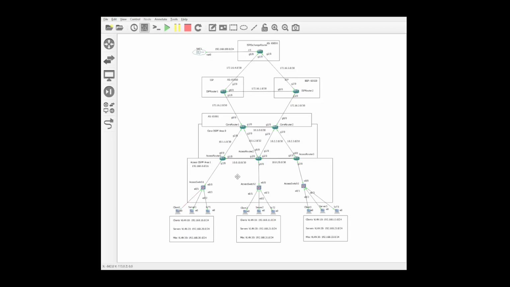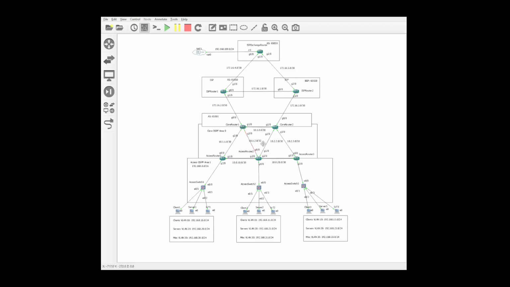A couple of things that we're going to do in this lab. First thing is get this BGP network up and running. Down to our core level routers, we're only going to be running BGP on one interface apiece in order to peer with our ISP routers. And we only want the BGP network to pass the default route down to our core routers. We don't want to know about everything that's going on the ISP side. We just want to know the default route. And so we're going to configure some